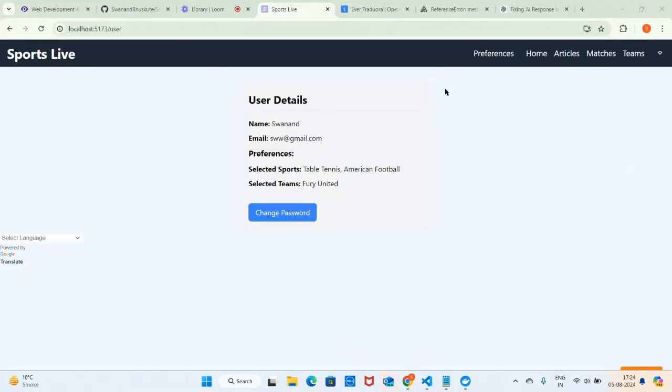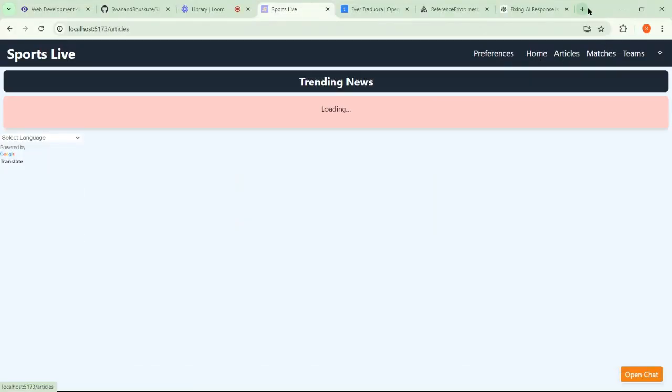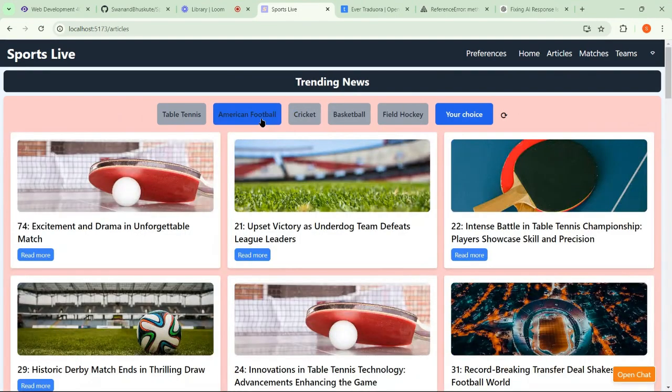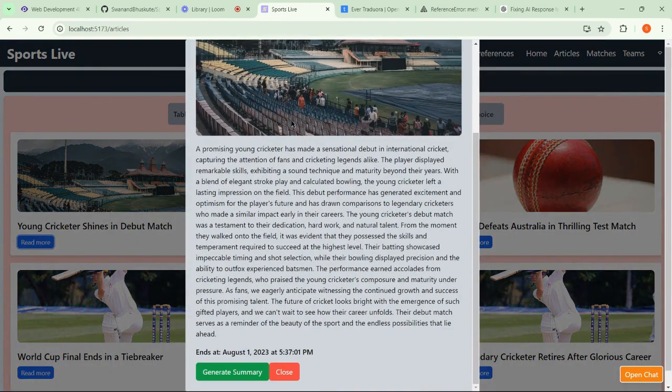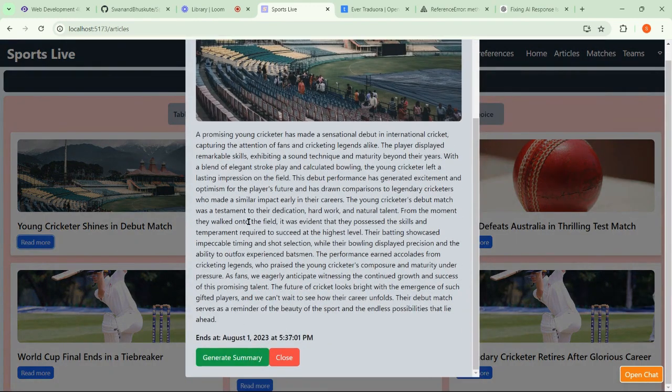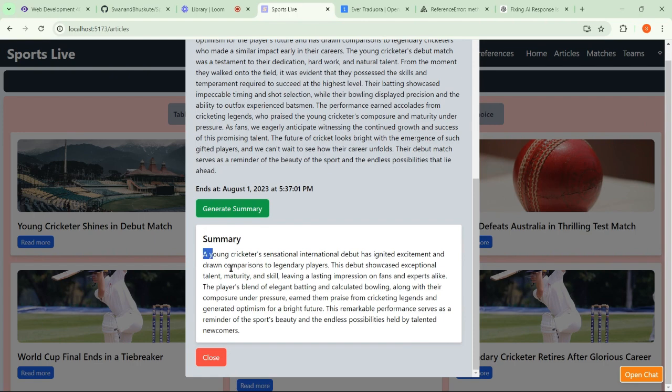So let's go to the final implementation of the AI, that it generates a summary. If I go to any article, let's say a cricket article, and click here, we can read this article. Or let's say we just have to know the summary of the article, then we will click on the generate summary button. Then it is saying generating summary, and yes, the AI has successfully generated the summary of this whole